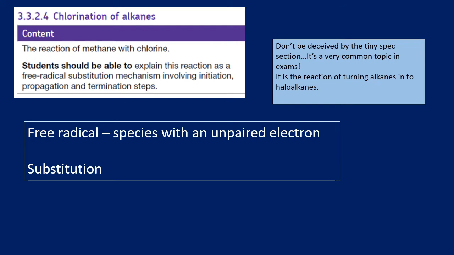A free radical is a species with an unpaired electron. So you may not have realized, but usually we have pairs of electrons. Electrons are paired up, but species that have